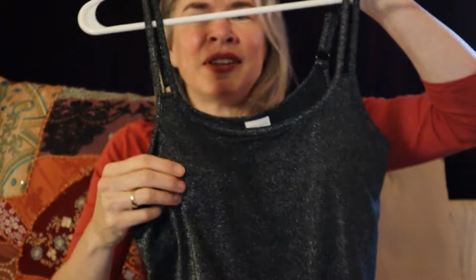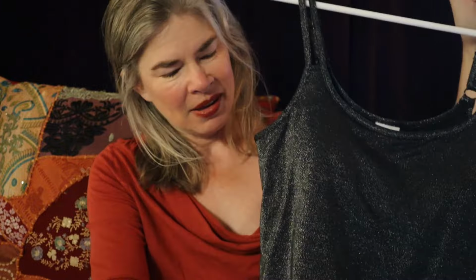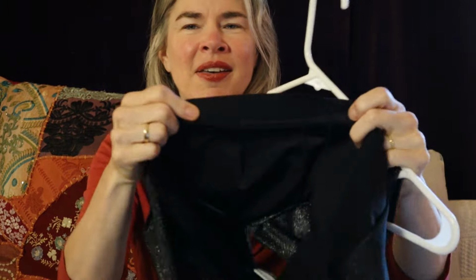If I'm meeting a whole new group of people or going out among strangers and dressing up, then I will want to appear breasted on some occasions. And so I still wear the same thing that I wore on day one after my first mastectomy. My very favorite tool is the Amoena Valletta camisole. It is still the best thing to hold me in place because it has this really thick and strong